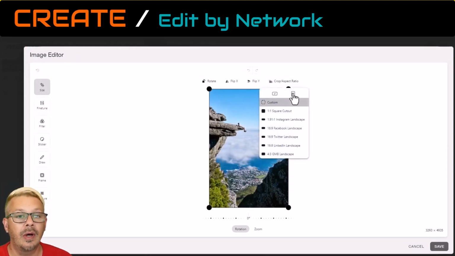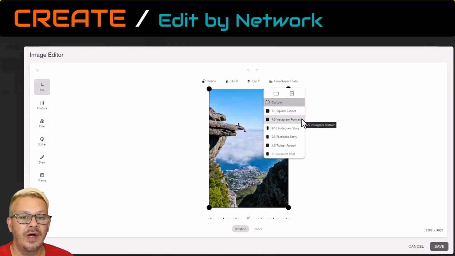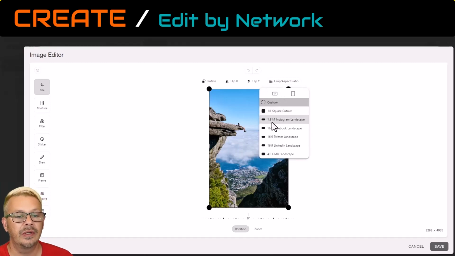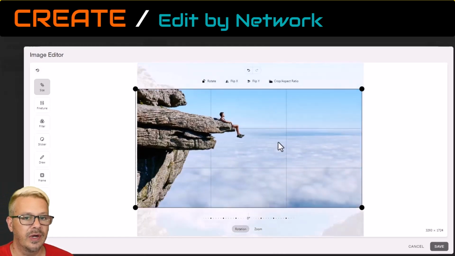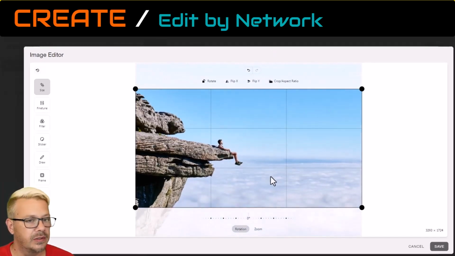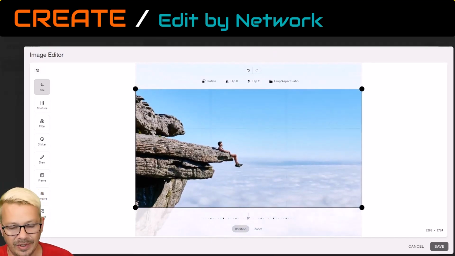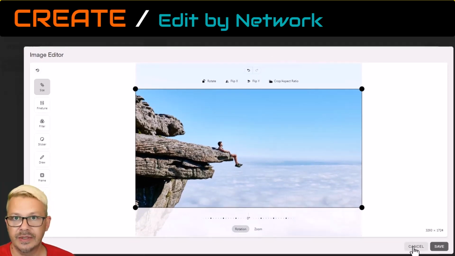Really you would just come to the crop aspect ratio. If we're looking vertical, we could do the 4:5. Or if we're doing landscape, we can do the 1.91:1 and let it crop and move this wherever we wanted it to go. That takes a little time. I'm not going to fool with it here, but you get a glimpse at some of the features